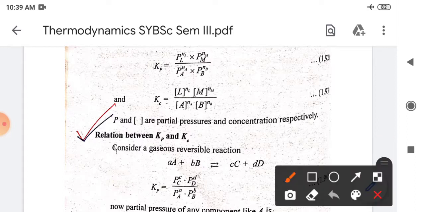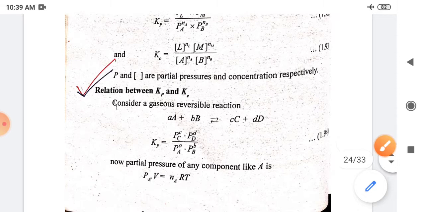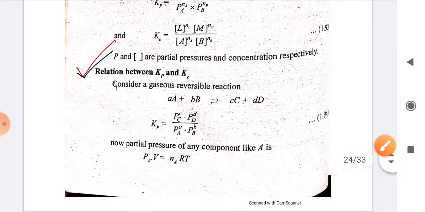Similarly here also, with this equilibrium constant like Kp or Kc, they also depend upon the partial pressure or the volume of gases. So they are not constant values, they are variable, but we just call them constants for our convenience. So just keep in mind that these are not constant values.